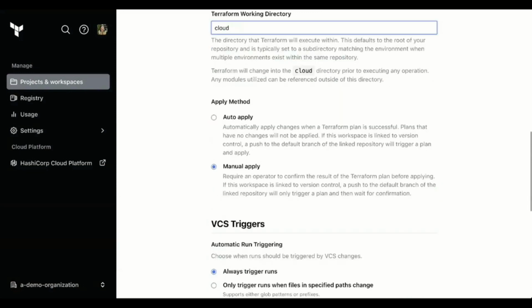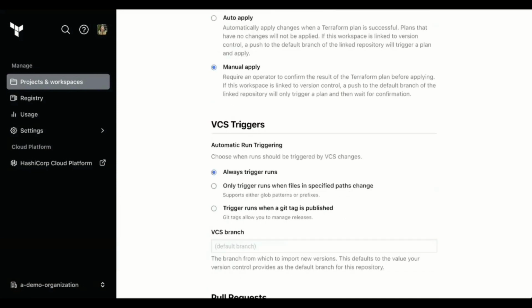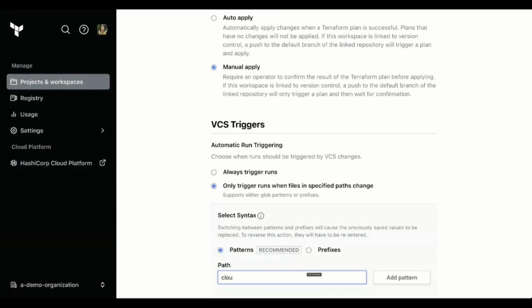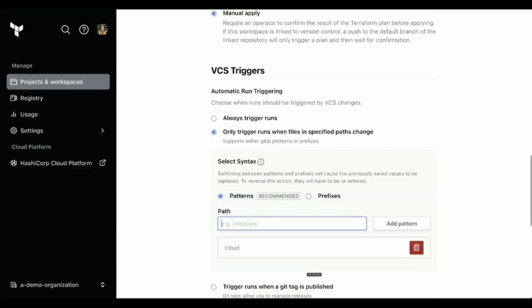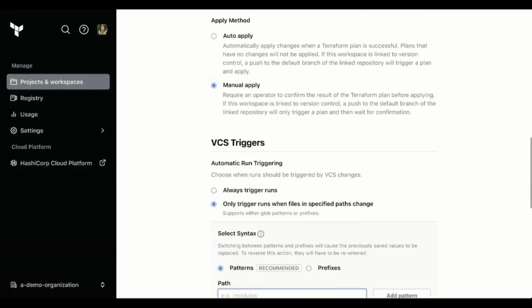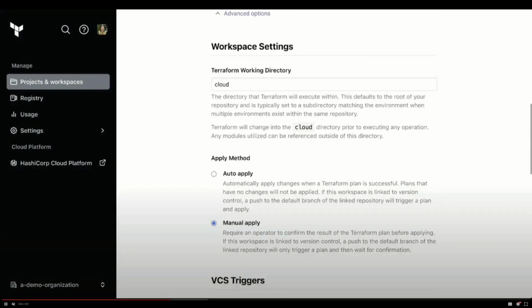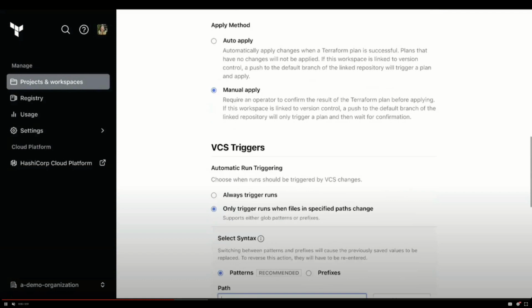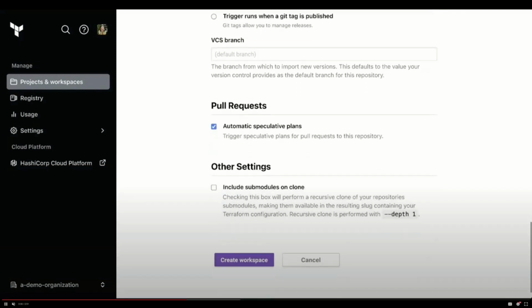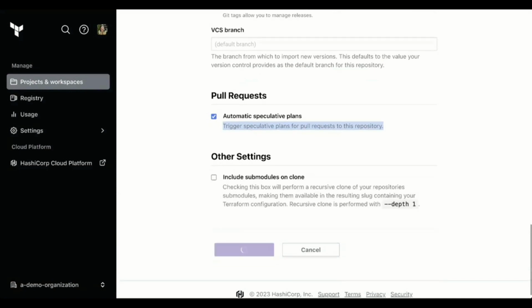And there's also some other configurations that you might have about, let's say, when it should run. Maybe you only want it to run on certain folders. There's a lot of settings here you can do for version control. There's also additional settings on pull requests. So if, let's say, you're collaborating with someone else and you make a pull request, then Terraform Cloud will do